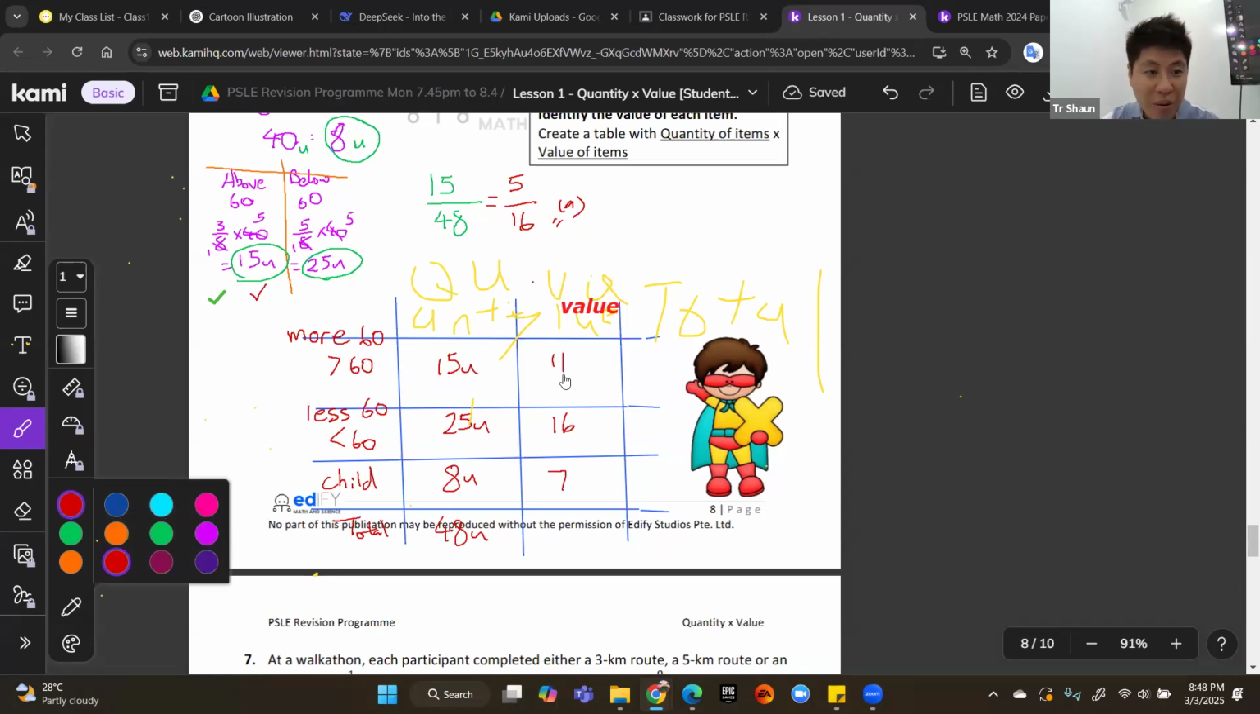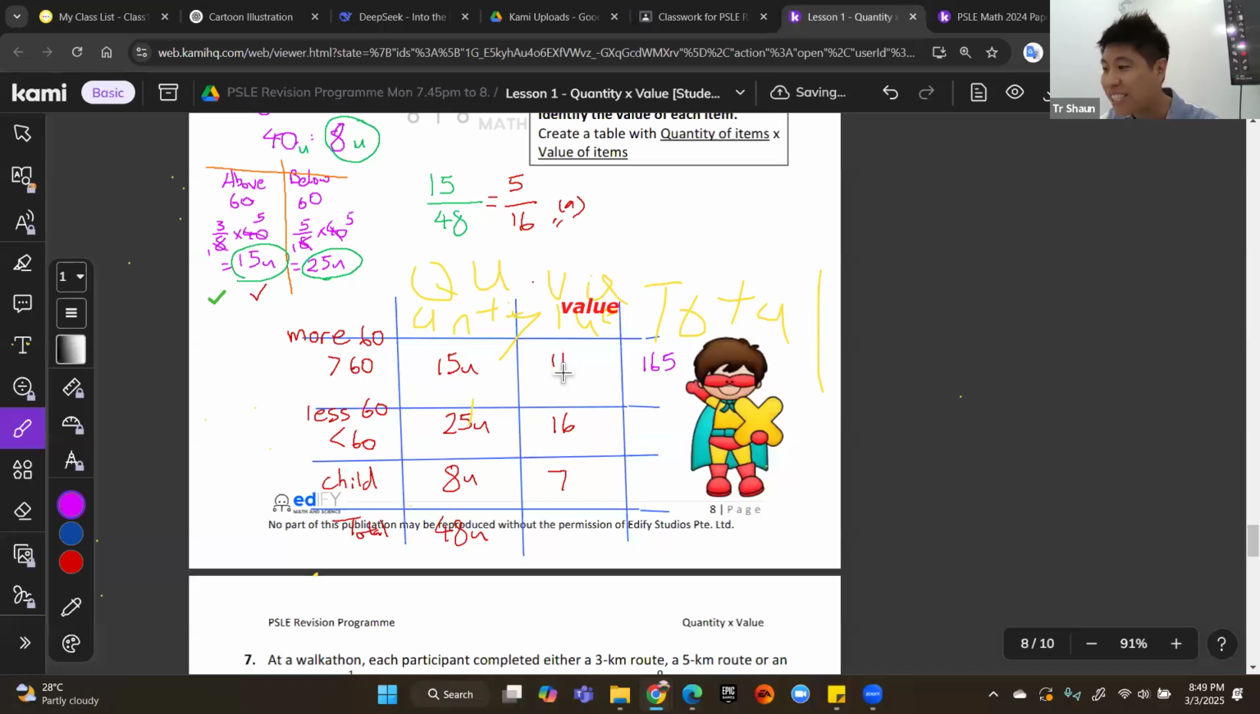So we want to multiply out and get the value over here. So here 15 times 11 is 165. Okay. 25 times 16 is 400. And this is 56. This one I can do it easily. Total here is 621. Okay, 621. So now we want to see whether 621 units can